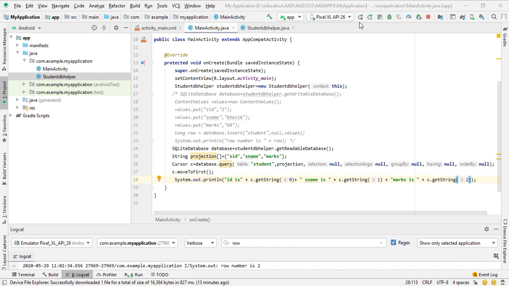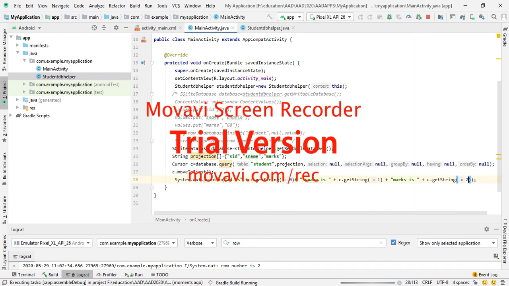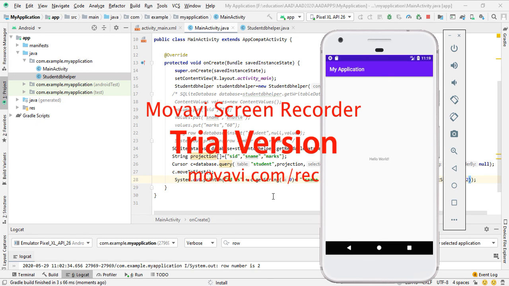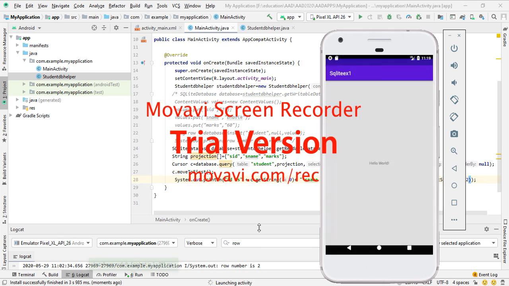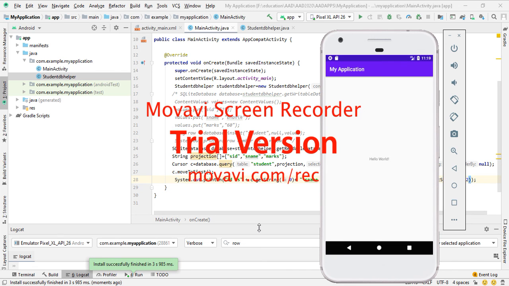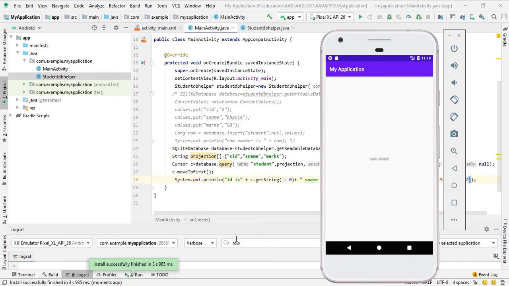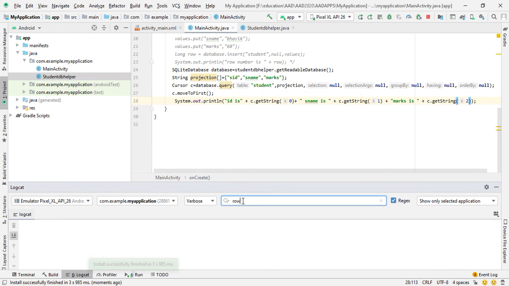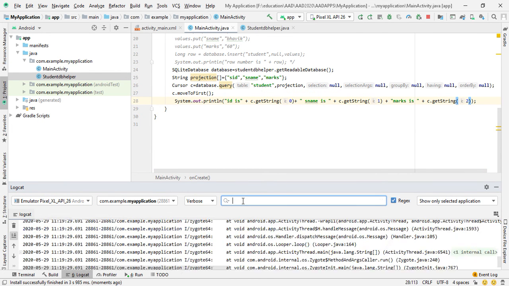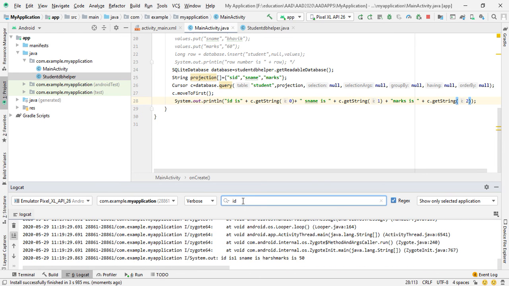Now run this. So successfully installed. Now here in logcat, search for "id is".